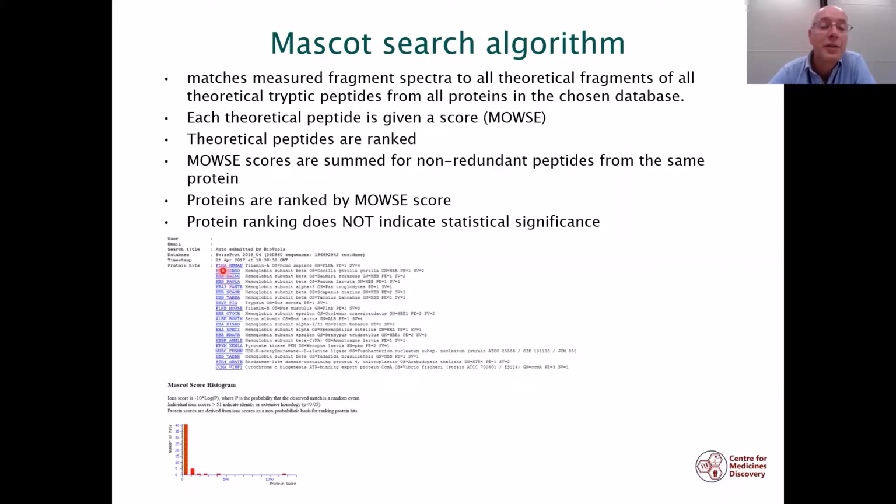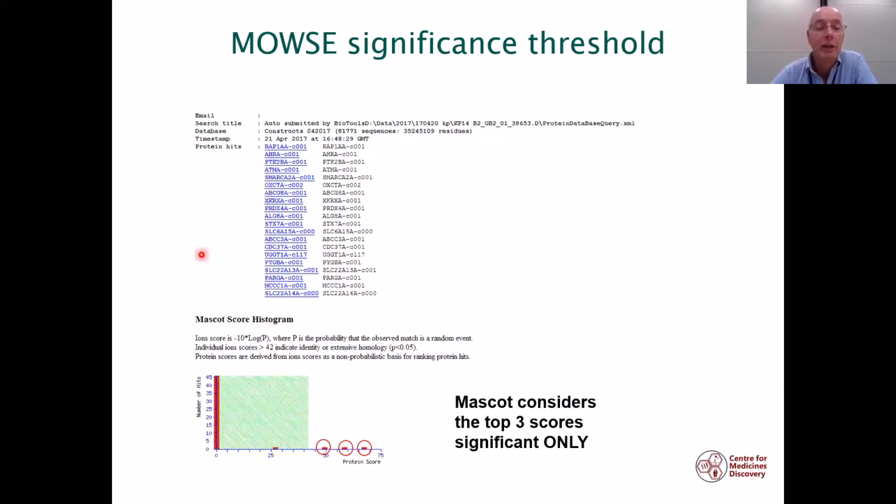So the top hit is this one, FNLA, it's a human protein. However, the protein ranking does not indicate statistical significance. It's a very easy mistake to make. If the protein is at the top of the list, you think, that's a hit. Not necessarily. If you want to know the statistical significance, you don't look at the ranking, you look here at